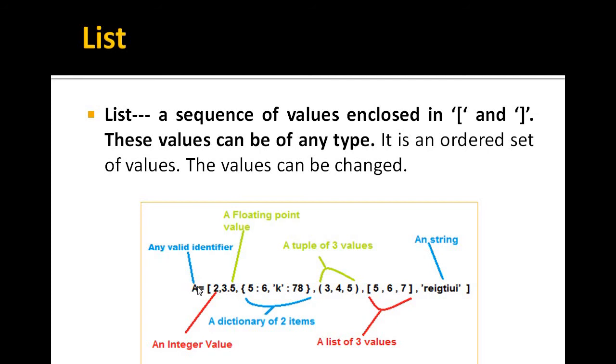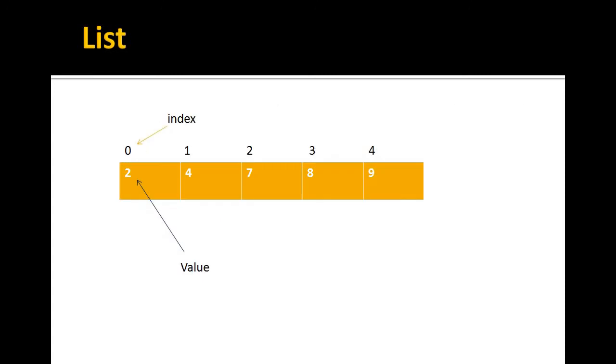And on the left hand side you are using a list name that can be a valid identifier. The list is a set of values that is ordered. That means you can access them one by one, and to access them there is the index of all the items. The indexes in the list start from 0. So here in this diagram you can see the values are written inside these boxes. They form the list values and their indexes are written over them, and that starts from 0, 1, 2, 3, 4 and so on. So the index of nth value will be n-1.